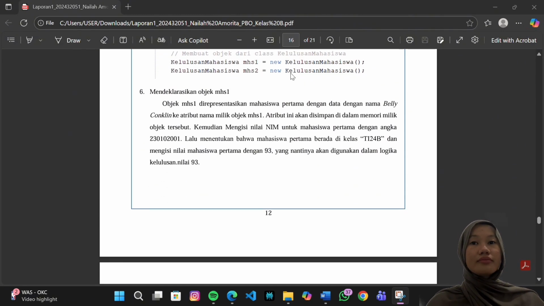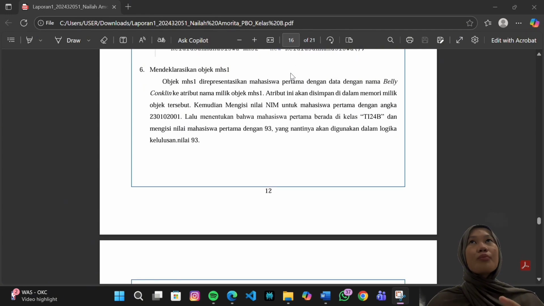Next, we create and assign the data to each student object. The first object, mahasiswa1, represents a student called Bella Conklin, and she has a score of 93, which means she is declared pass according to the program's logic.